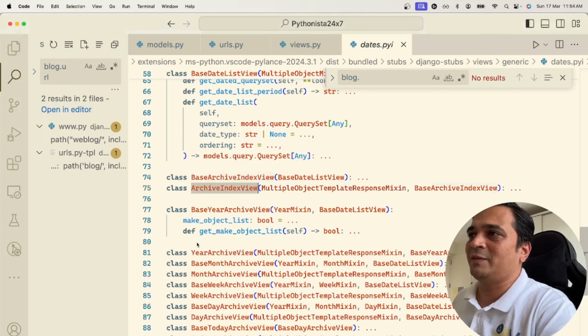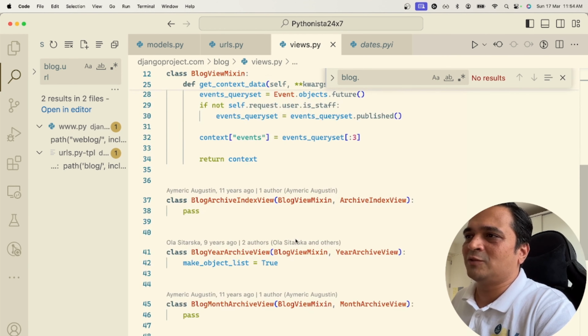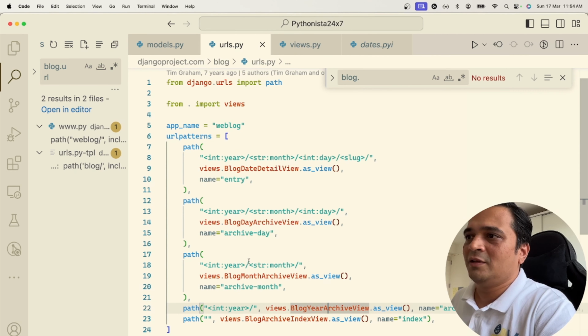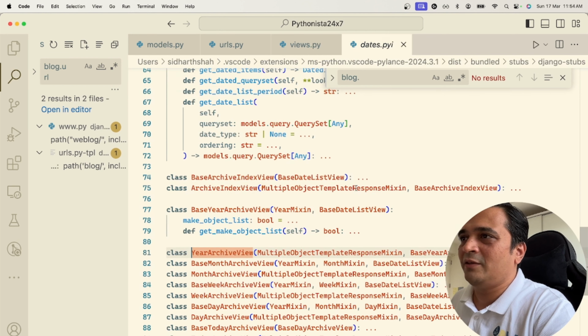That's pretty cool. So what most likely it will do is render some sort of objects sorted by year, right? So that's pretty cool. That is pretty cool. Your archive view